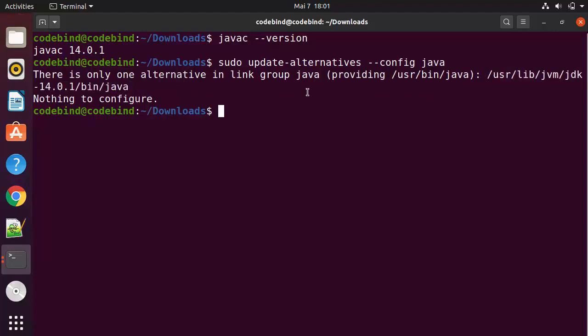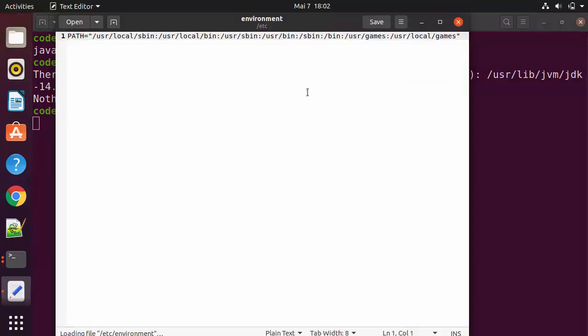Now in order to set the environment variable, you can open the environment file. For that, you can give this command: sudo gedit, or you can use nano or vim also for opening this file, then /etc/environment, and then press enter, which is going to open this kind of file.